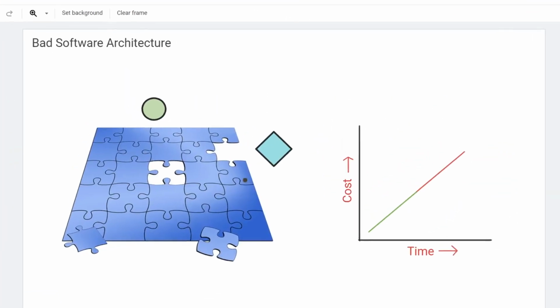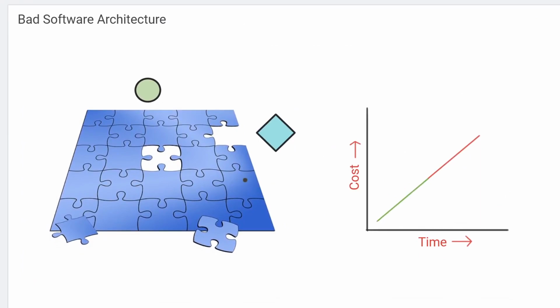Okay, so what is a bad software architecture? Now, there is always one truth in a software product: changes are inevitable. And if your application is embracing those changes with minimum effort and difficulty, then you have a good design in place. A change is coming, a change is coming, and another change is coming, and you are taking it